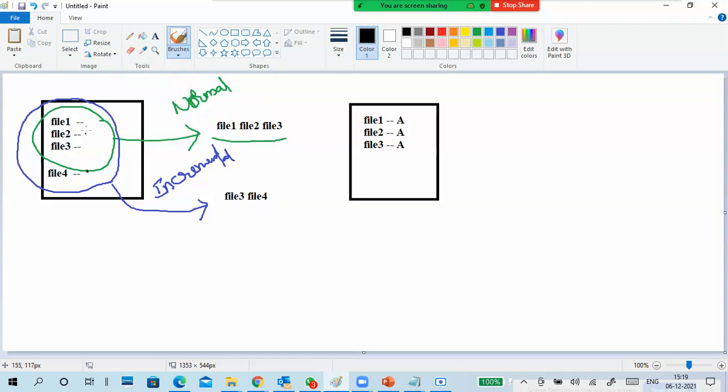Copy backup won't remove these archive attributes. Very simple. I'm going with the normal backup only. Again, this is a separate set. I'm taking backup of these three files. I select all three files. All are having the archive attribute, meaning ready to backup and a backup date. So this is normal backup again.